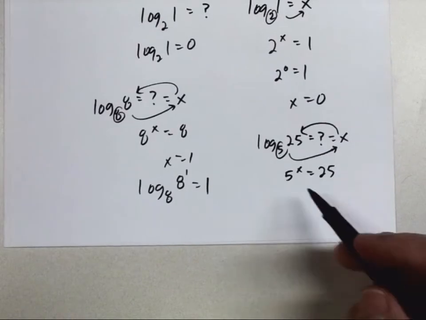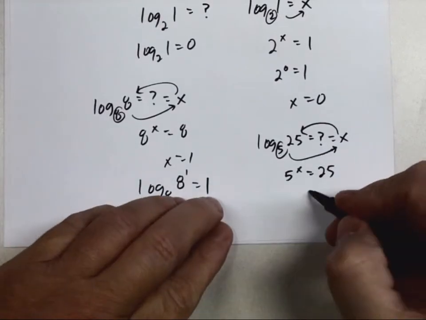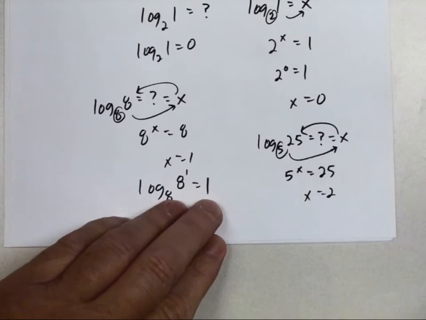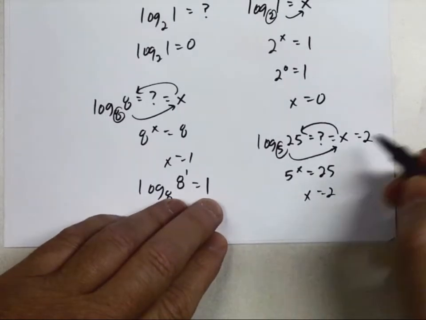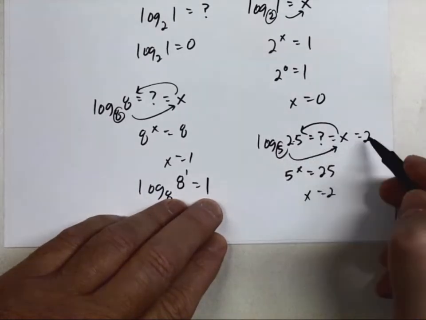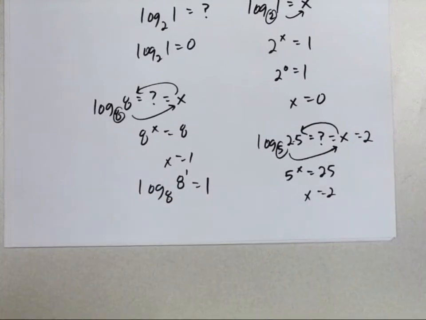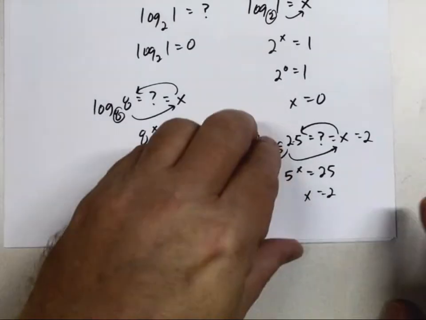Hopefully, right away you say to yourself, oh, x has to be 2. Log base 5 of 25 equals 2. So that's all there is to it. In the homework, they're going to give you some log expressions, and they want you to,